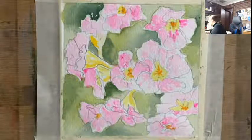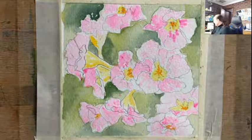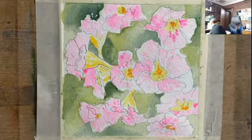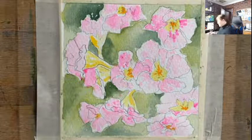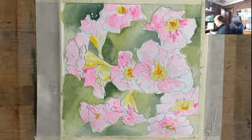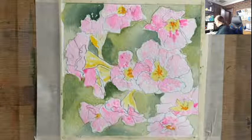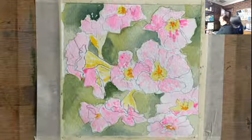I'm going to have a look at the Rose Mother Lake. What's that like? Oh, that's way too red. Oh, but then again, let's have a look. I don't really have any pinks in my Sennelier paints. That's what I need to do, I need to go shopping for some pinks. So what I'm going to do is add a bit of darker red to my opera, and